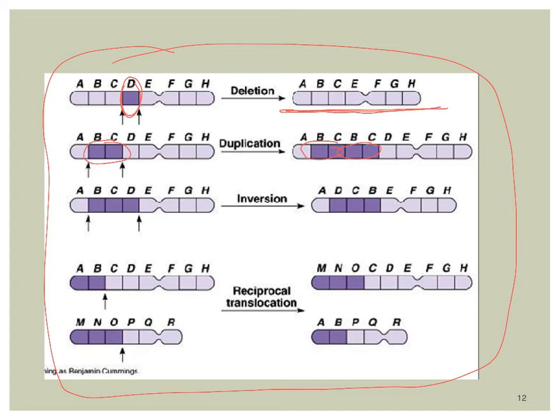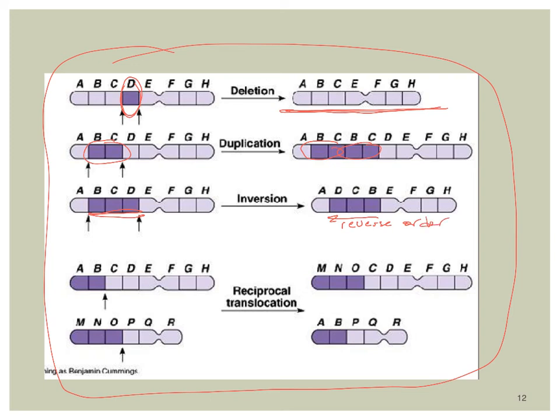This would be a duplication. An inversion, where these are supposed to cross over BCD, but when they don't, they flip and go the opposite direction, so rather than ABCDE, we have ADCBE. These are in reverse order,